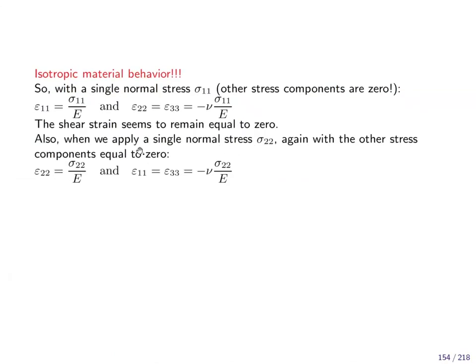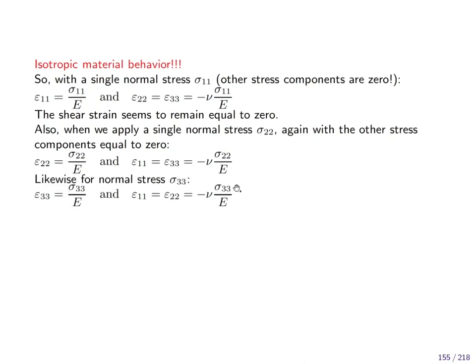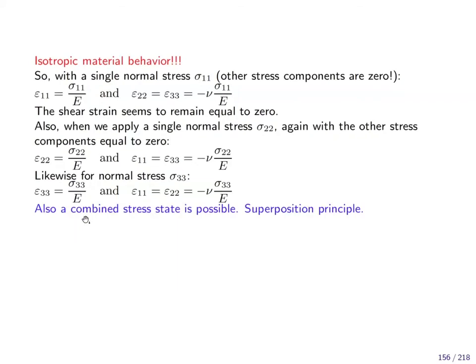Now, when you apply another action, for example, a normal stress in the 2-2 direction, then you get a reaction in the 2-2 direction, that's the direct one, and the indirect ones in the perpendicular directions. And for 3-3, no big surprise here. Okay, so the combined stress is the 3 actions, 3 normal stresses, and that gives us